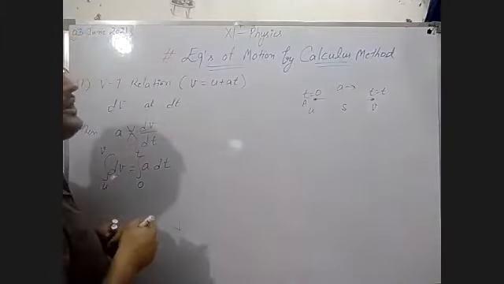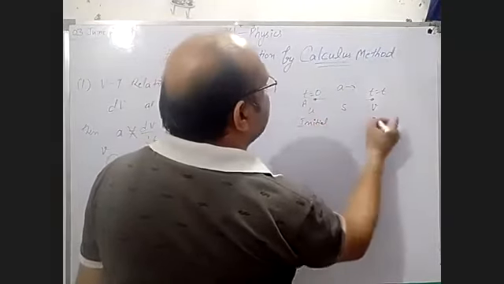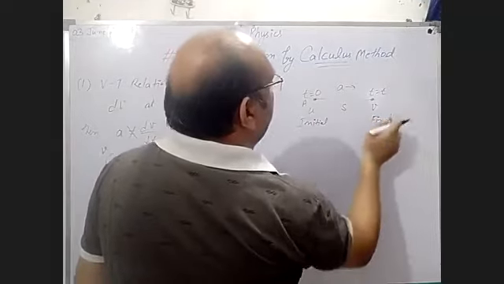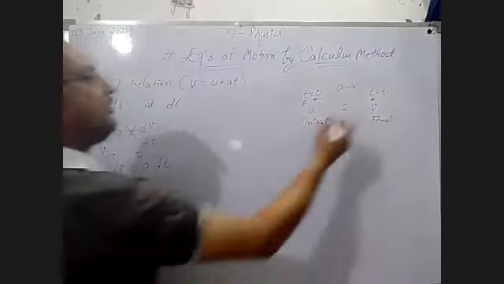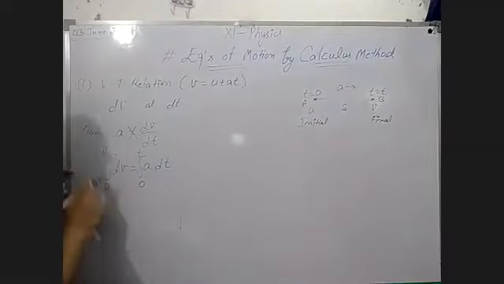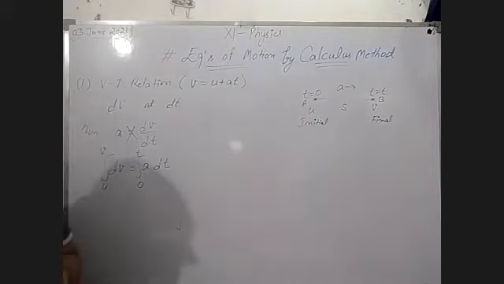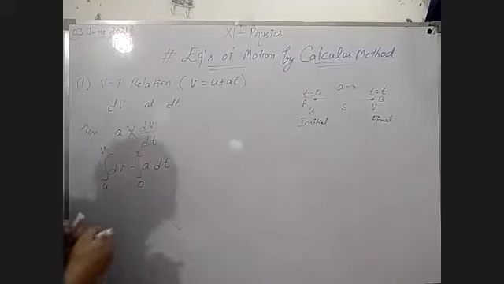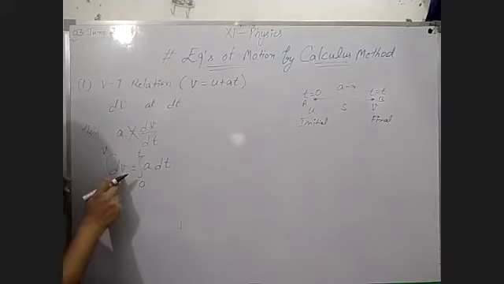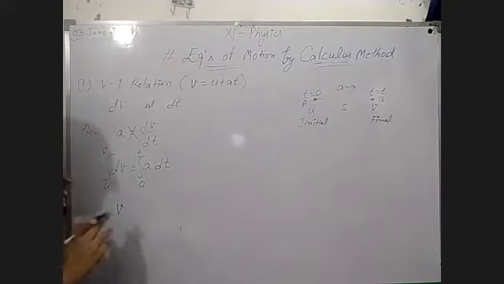Now, how can you take the limit in this case? From the initial and final point. This is point A, this is point B. Here you can take the value of velocity from u to v, and the value of time can change from 0 to t. Now integrate dv. The integration of dv is only v.